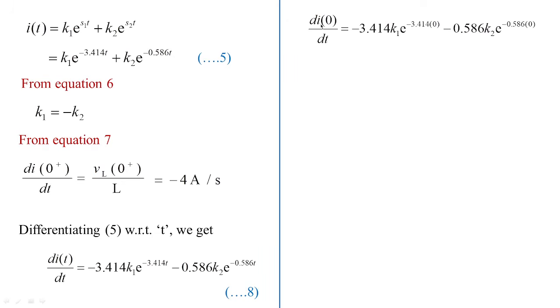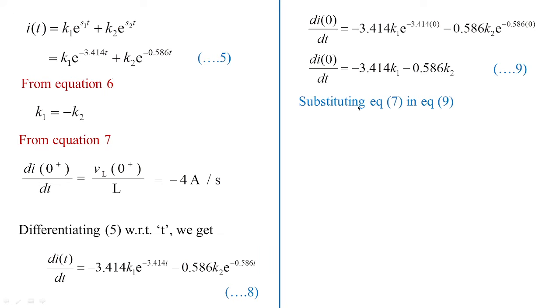Right. Now di by dt of 0, wherever we have t, we are going to substitute the value as 0. So t is 0 here, t is 0 here, and the equation remains as it is. But we know that di by dt of i of 0 plus is equivalent to minus 4 amperes per second, we have to make use of that equation. So I'm going to take equation 7 in equation 9. I have replaced minus 4 wherever I have di by dt of i of 0, which is equal to minus 3.414 k1 minus 0.586 k2, and also from equation 6 I know that k1 is equal to minus k2. I'll make use of this equation also,